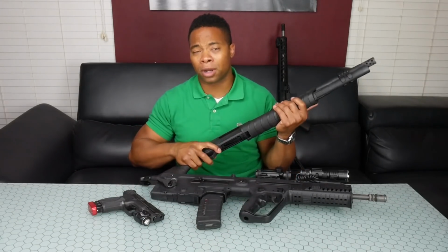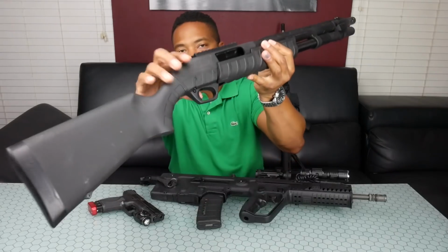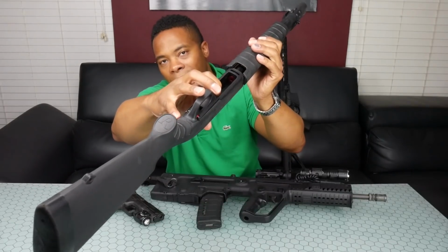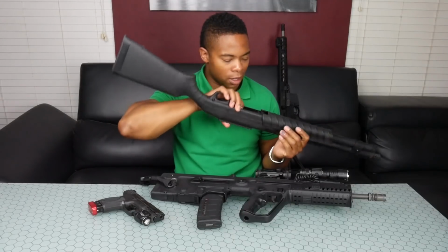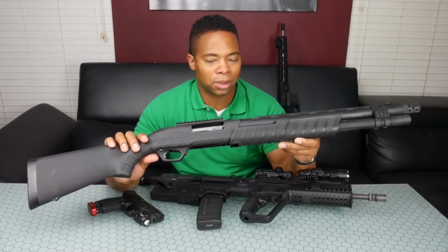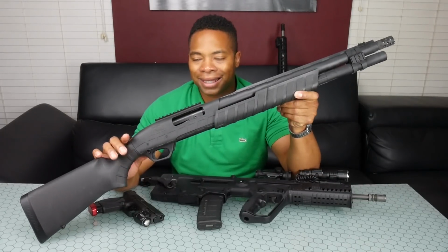And of course, before we get into anything, I definitely always like to do a safety check. All right, so hopefully you all can see that chamber is empty. And also you see the red marker for an empty chamber, for an empty tube, anyway, for the shotgun. Now, the shotgun is definitely a good contender as far as best home defense gun, or, I think there are